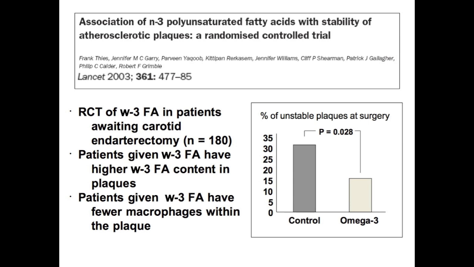So what we discovered, this is old now, but it's still my favourite study that we've done of all time. So what we showed for the first time ever was that if you give people omega-3 fatty acids, EPA and DHA, they end up with more EPA and DHA in their atherosclerotic plaques taken at surgery. So even though some of these people were in their 80s, their plaques have been building up for 79 years. Within an average of 6 weeks, you can get omega-3s into the plaques.